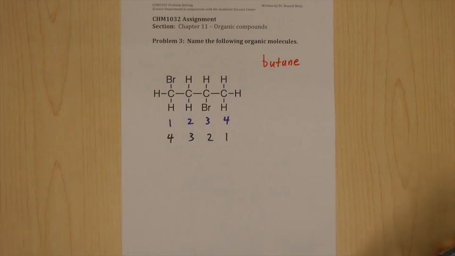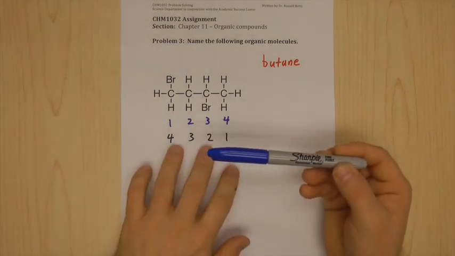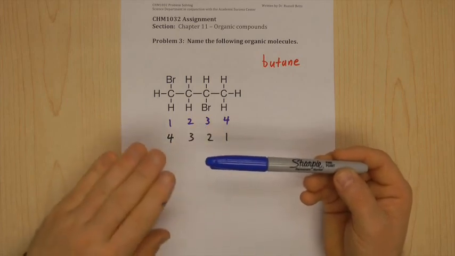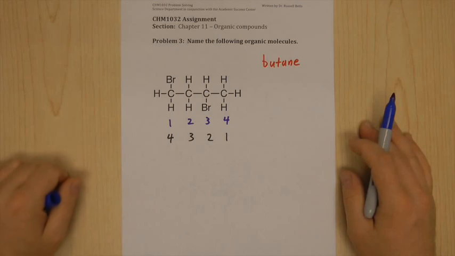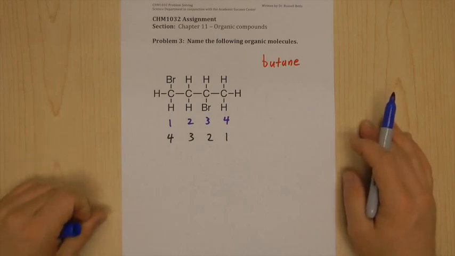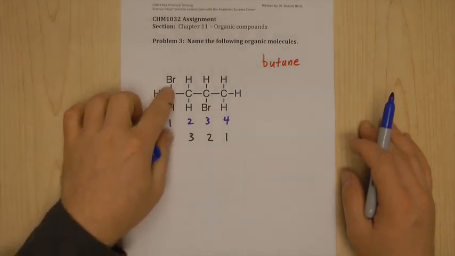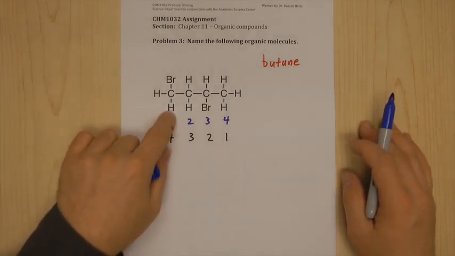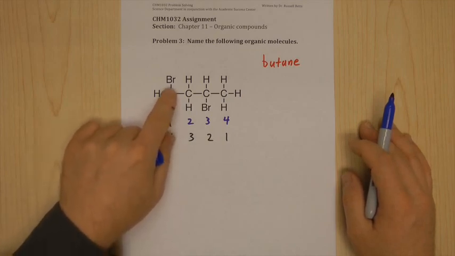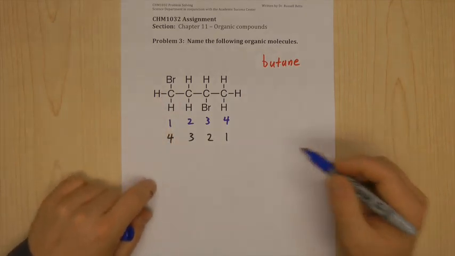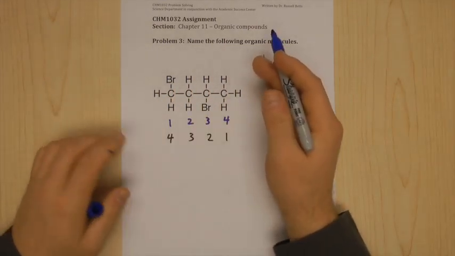Now, looking at the blue, and the blue only, ignore the black numbers for now. Only look at the blue. We look for substituents on the carbon chain. Substituents are non-hydrogen atoms. Okay, so we have a bromine on carbon 1 and 2 hydrogens. We don't have to worry about the hydrogens. We only have to worry about the bromine. So I want to say where the bromine is and then name it. So I'm going to say it's